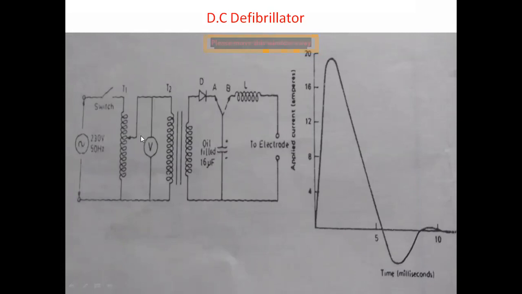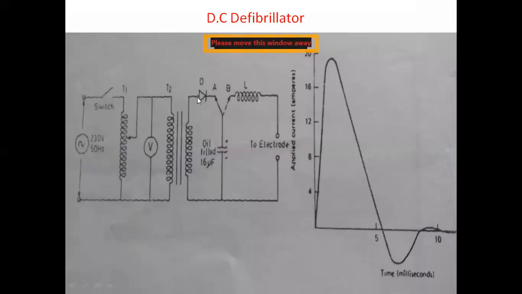From the auto transformer, we will observe how much voltage it is obtaining, and that voltage is applied to the transformer T2. And this transformer T2 here is a step down transformer, and the current range is 6 amperes. Okay, and the step down voltage, the voltage which is produced at the secondary of the T2 transformer, is allowed to pass through the diode.